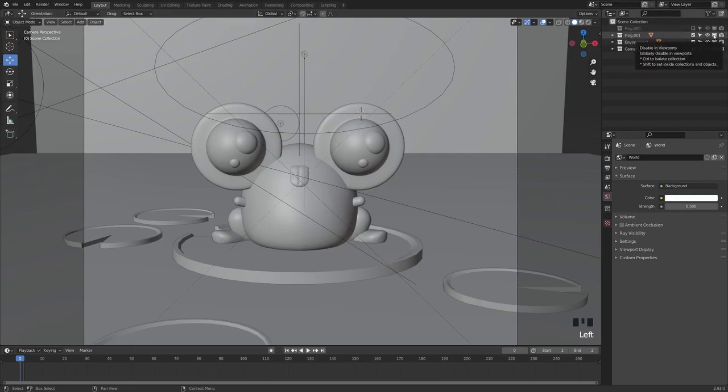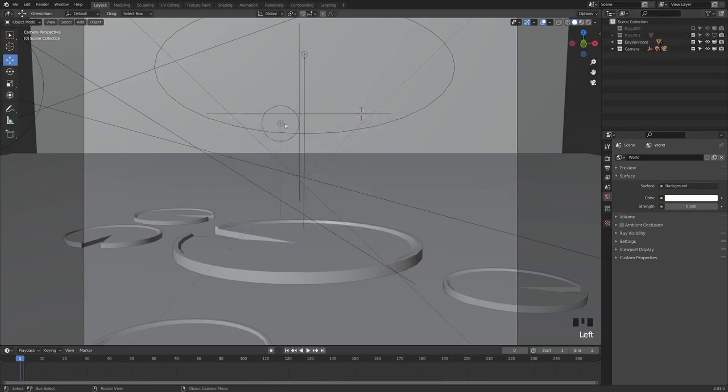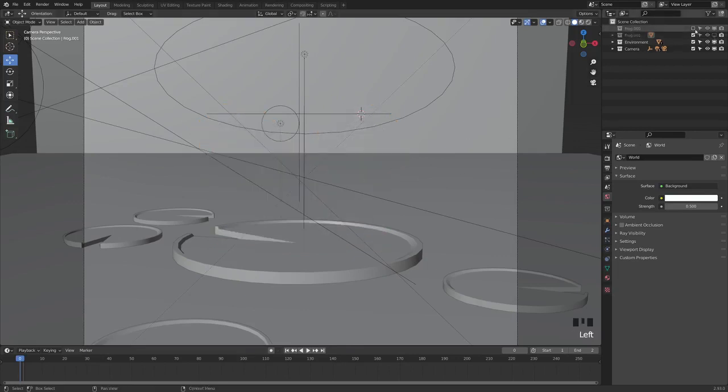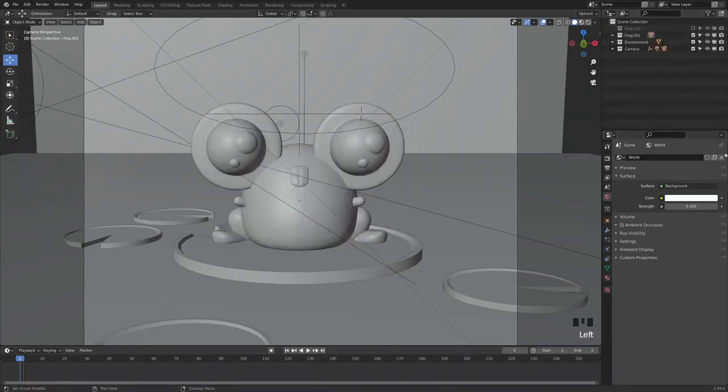In the middle here, we have a disable in viewport option. What this will do is turn it off in the viewport, but it'll also turn off any effects associated with that object. So for example, if this frog had quite a few effects on it that were slowing down my scene, I could turn this off and it would turn off all those effects as well and help my scene move faster. I'm going to go ahead and turn back on that frog and continue down here to the